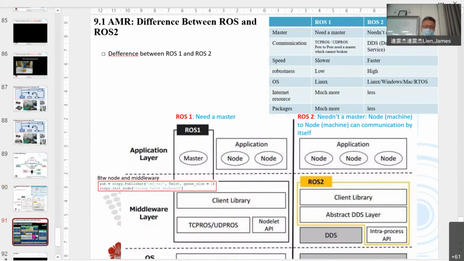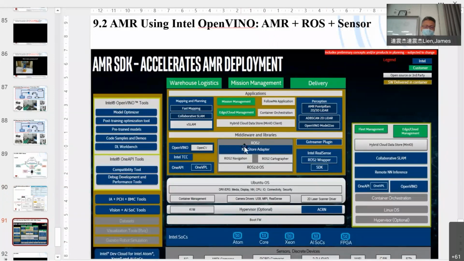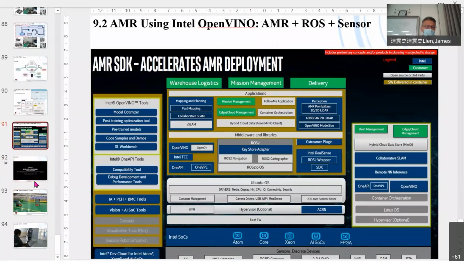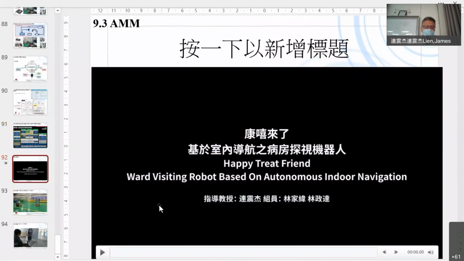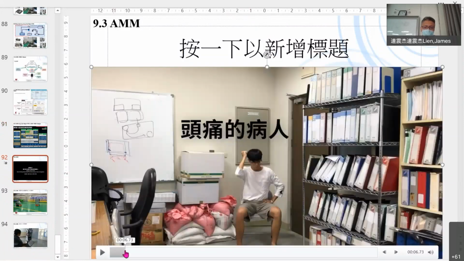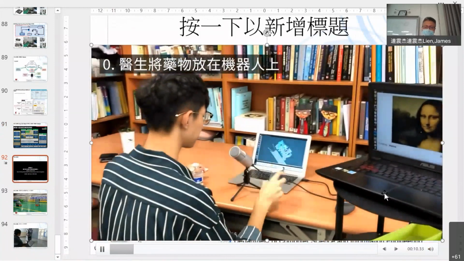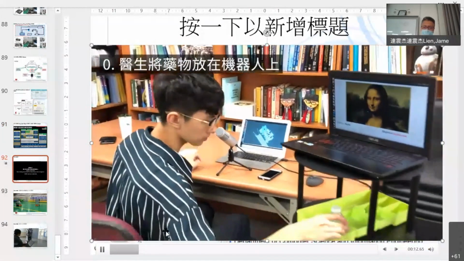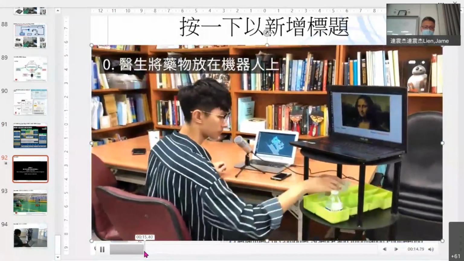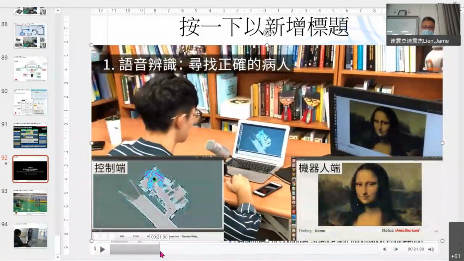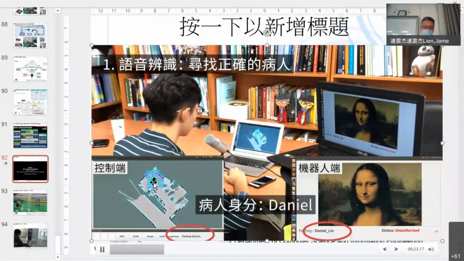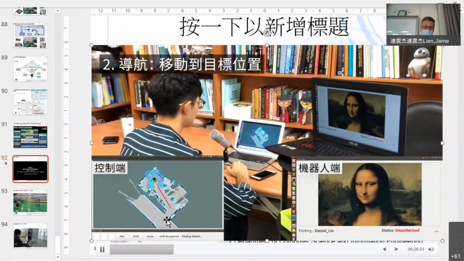So 我们跟 Intel 合作，他们就 ROS 2这样子。这大概让你知道，所以这是学生专题生做的。还是那个 AMR 东西。